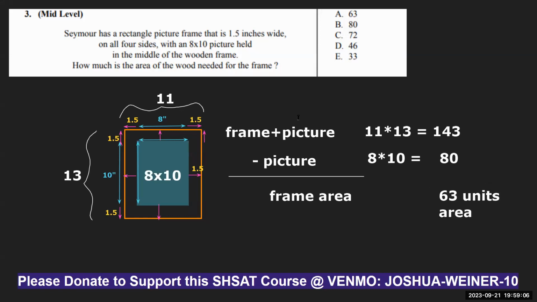Area of the picture frame. So the amount of trim that goes around was 63 units. And the correct answer was A. A was correct, 63 units. All right, any questions on that decomposition? A lot of steps there, but if you stay organized, and actually if you draw it, it makes a lot more sense, I think. If you draw it, or if you're given a picture, it'd be much easier. So make sure you draw it yourself, following the instructions in question number 3, and the correct answer was A.